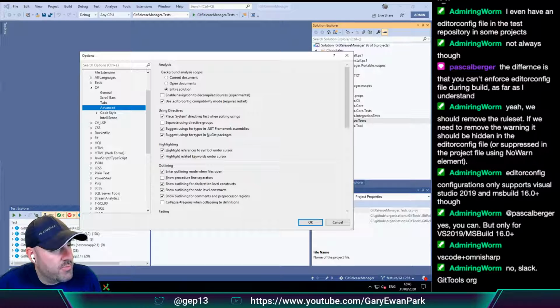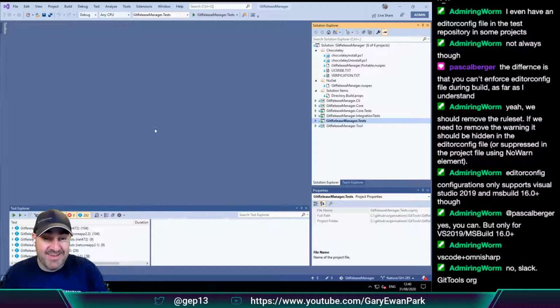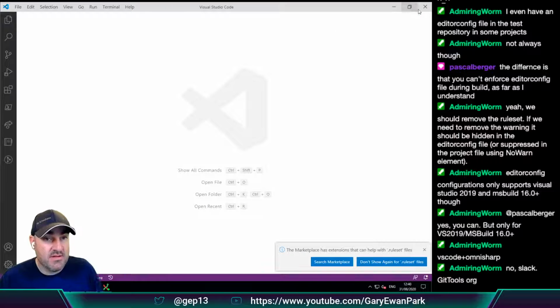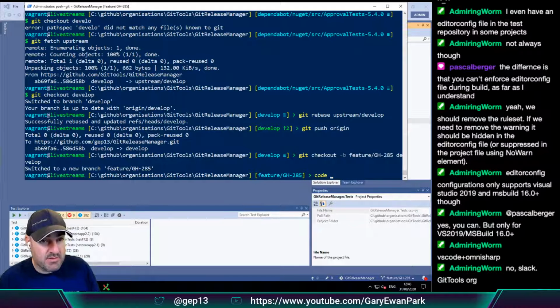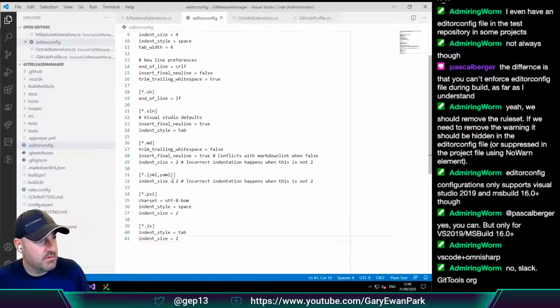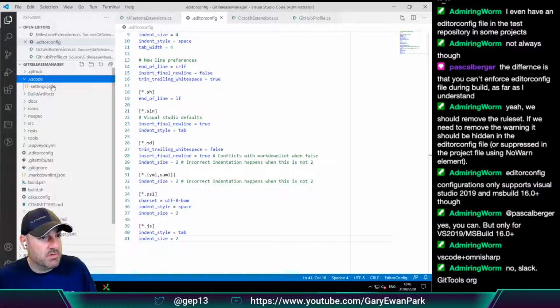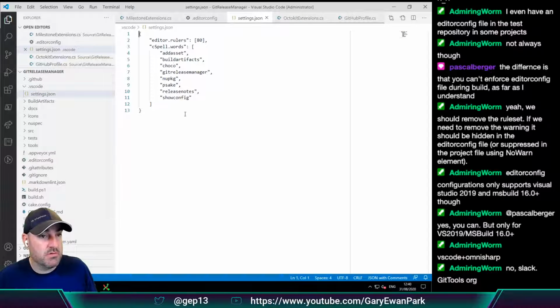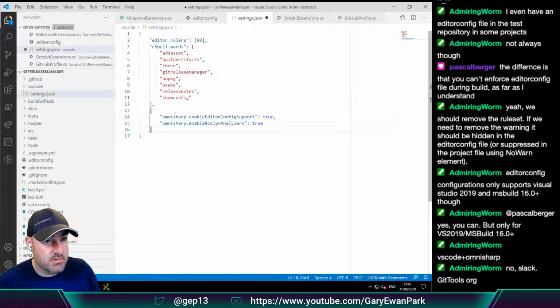So I'm going to copy this code. So that's the first thing I'm going to do. So we need to document the inclusion of that setting in Visual Studio, and then in code, what we're going to say is in VS Code settings.json, we are going to put in this one.